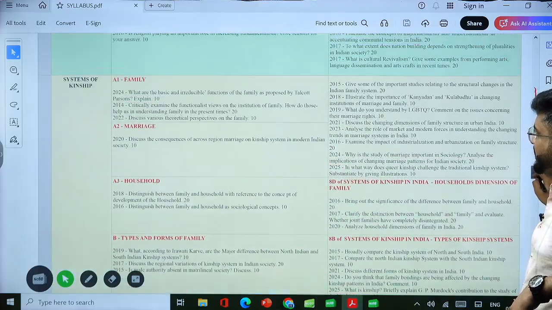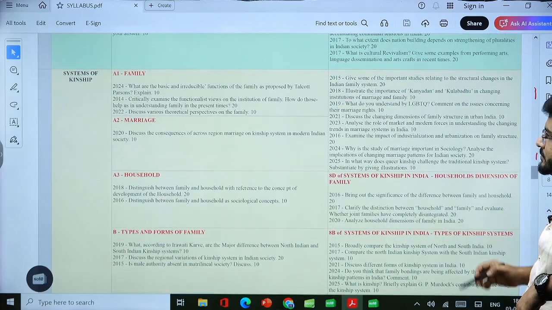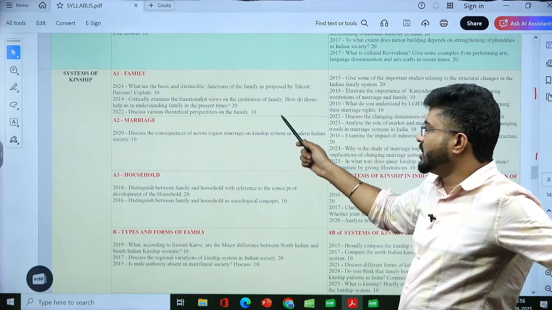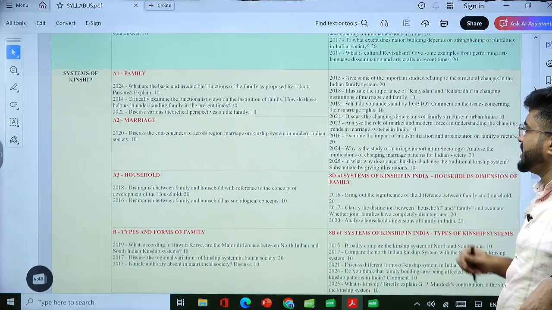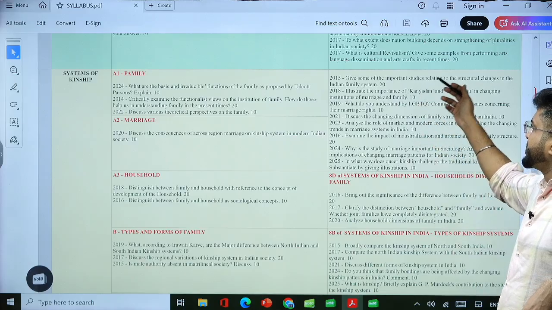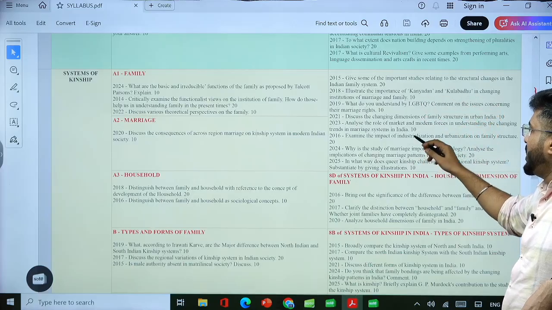Okay, sorry, chapter 8 of paper 2 with chapter 9 of paper 1. Discuss the consequences of cross-region marriage on kinship system in modern Indian society. The same question will be asked in paper 1. Important studies related to structural changes in the Indian family system, importance of Kanyadan and Kulbadhu, impact of industrialization and